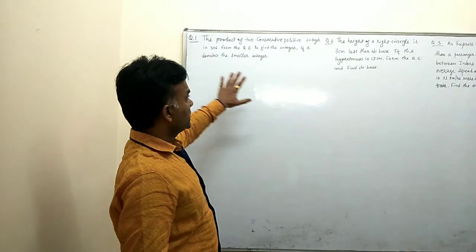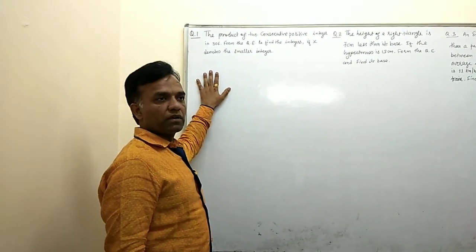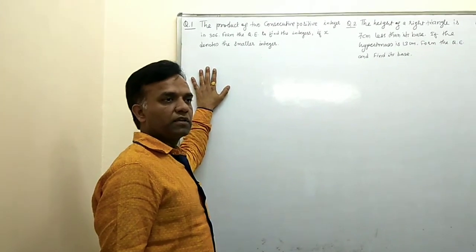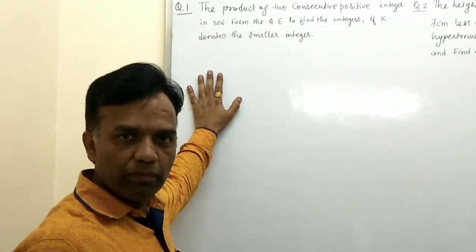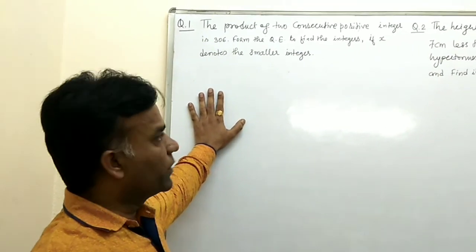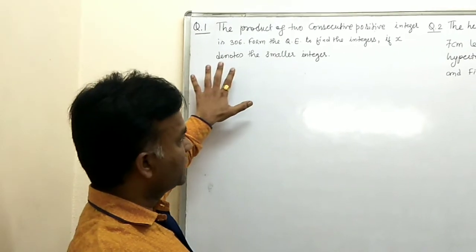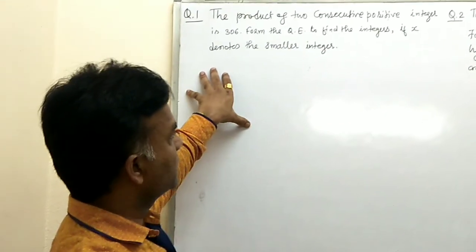So the first question is related to numbers, because in this type there may be different varieties of questions, like simple numbers, two-digit numbers, and maybe an application part is also included here. Now we introduce the first question, which is a very easy level question.